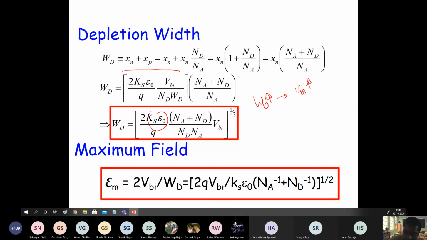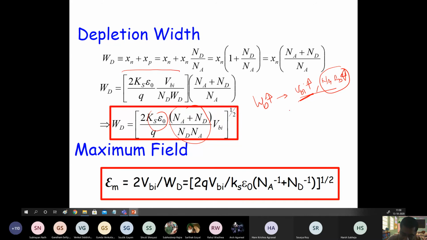If your VBI increases, that means your Na or ND, the doping, increases, right? And it's also related to doping directly, right? But VBI increases logarithmically with doping. So through VBI it increases logarithmically, but directly, if you see here,